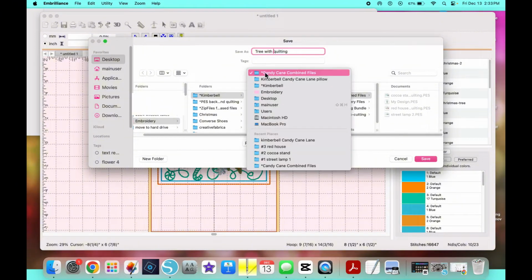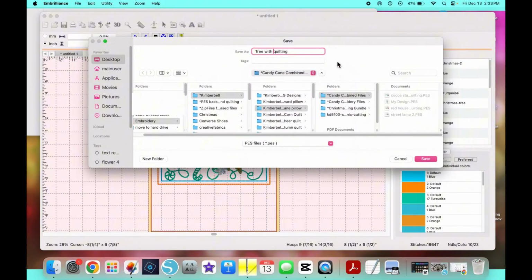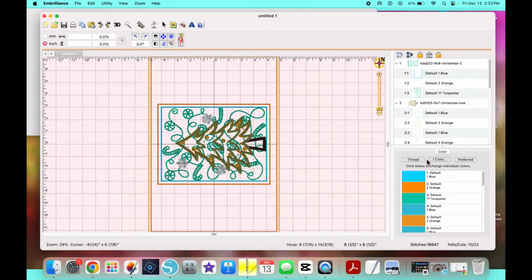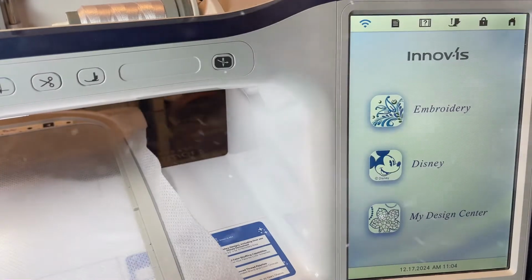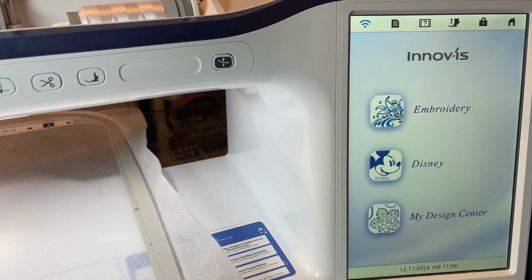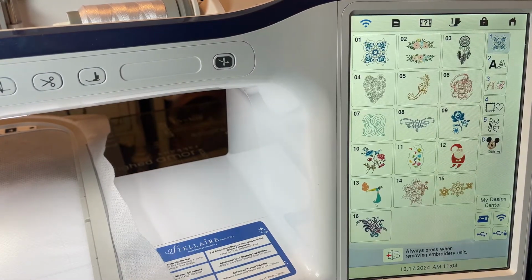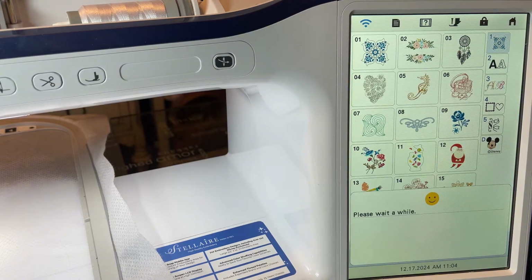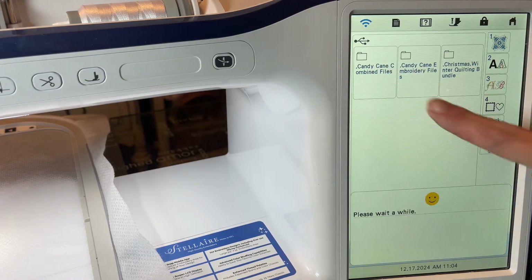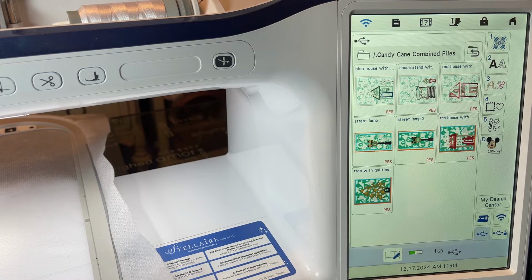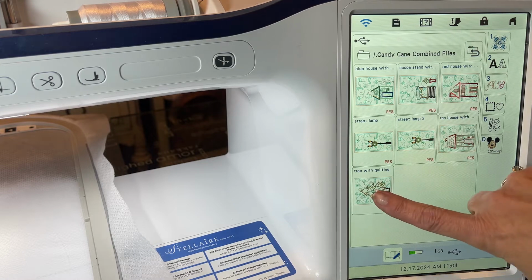And again, I will save it into my Combined Files folder. And then I will add it to my USB so I can take it to my machine. I'll open Embroidery and then go to my USB and choose the Combined Files folder, and I will select the tree